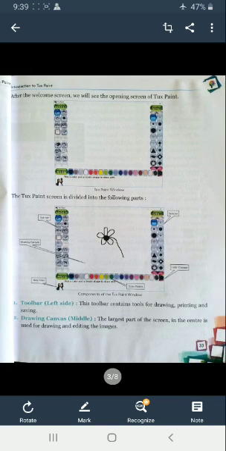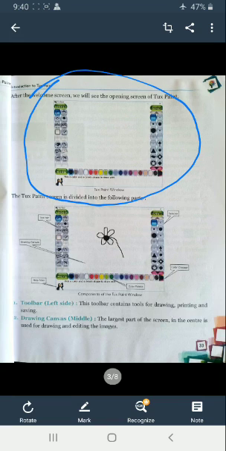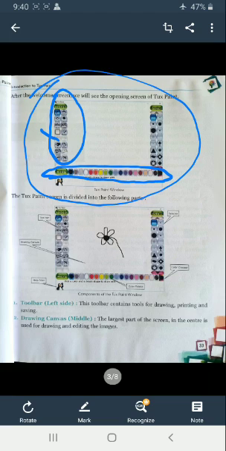Now after the welcome screen, you will see the opening screen of Tux Paint like this. As you see, this is the toolbar box. All this is the toolbar box. This is the color palette. Color palette means you will choose any color of your choice, and this is the brush selector.